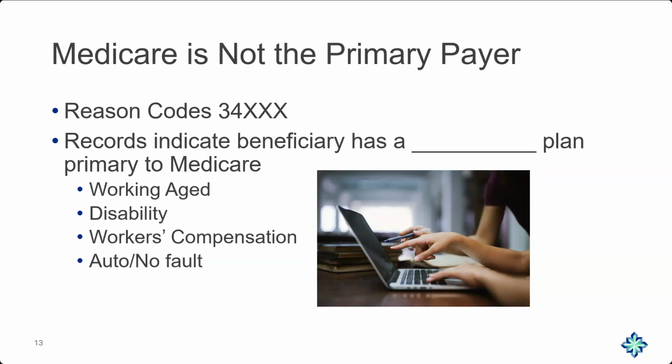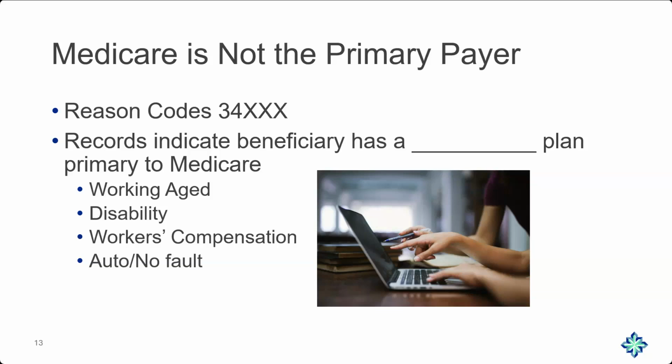When we're talking about Medicare and other insurance, there's a series of reason codes, and they all begin with a 3-4. If you know anything about the fiscal intermediary standard system and reason codes and status locations and drivers and all of these other terms, you'll know that most reasons for edits are in a series of numbers. There's a range of numbers. So if you see a reason code that starts with a 3-4, there's probably something to do with another insurance